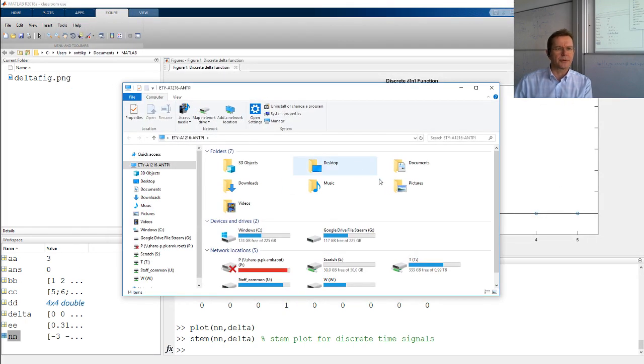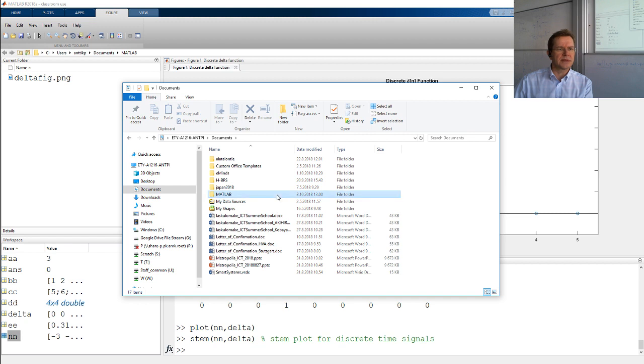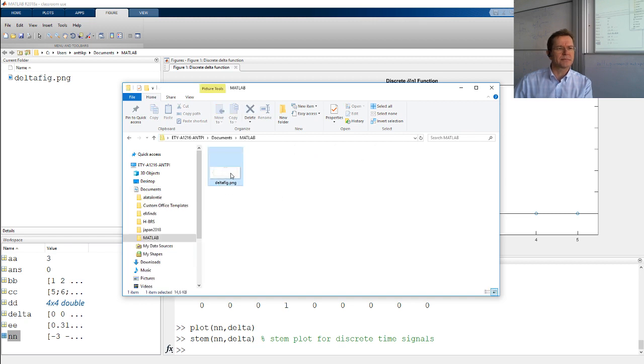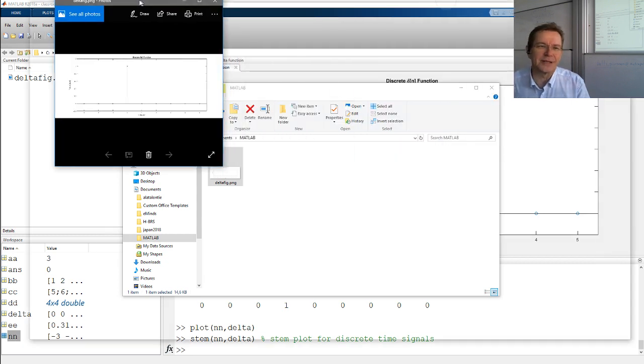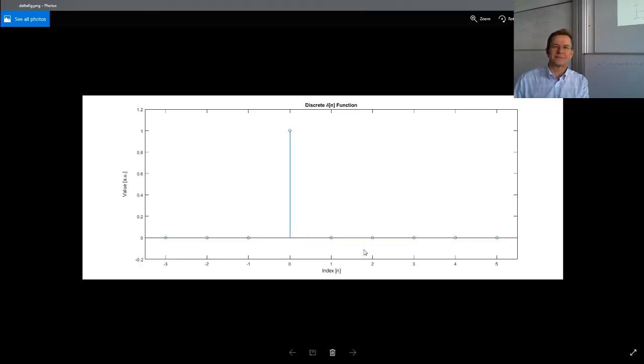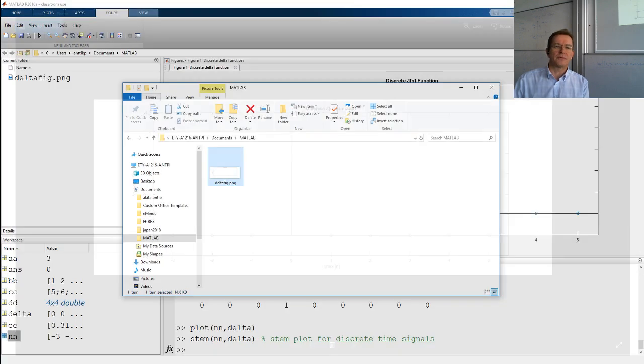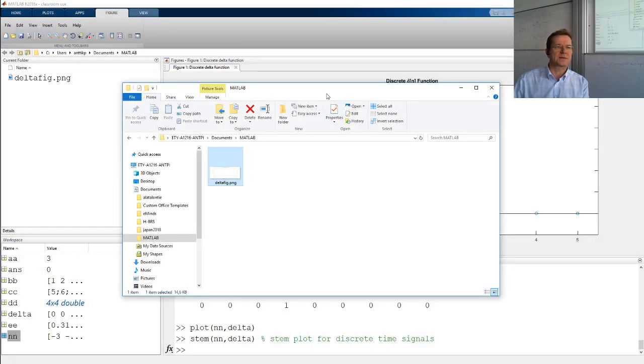File Explorer, Documents, MATLAB, Delta. It went to another window. It looks fine, but there we go. Okay, it looks like that one. It looks fine. What I can do for this one actually is something like